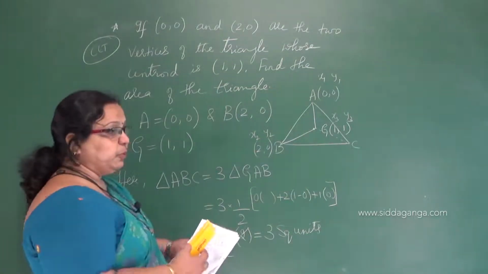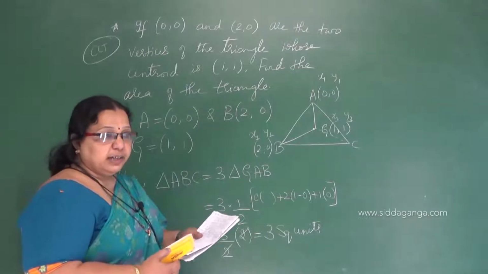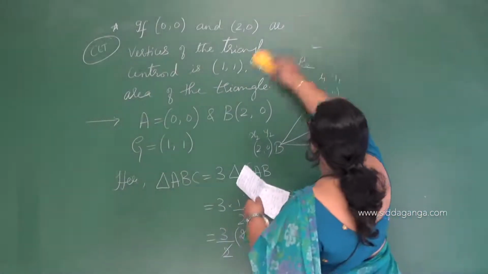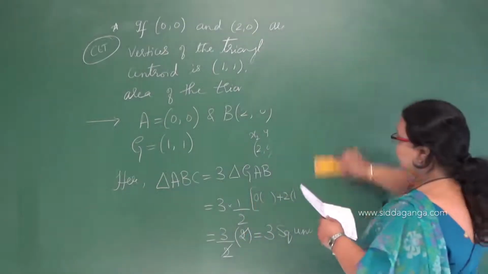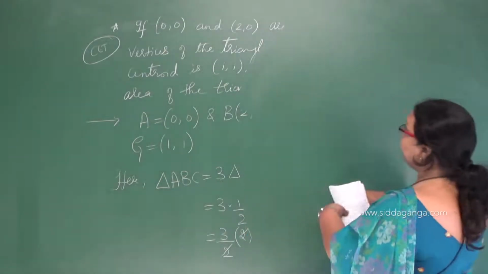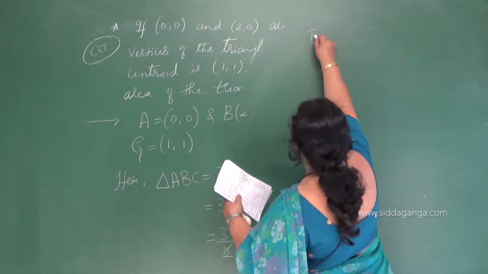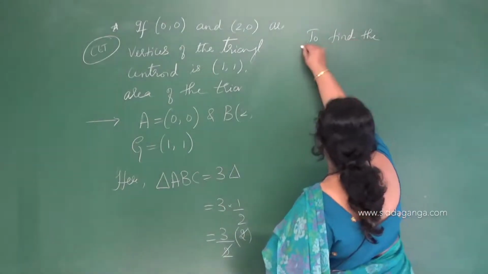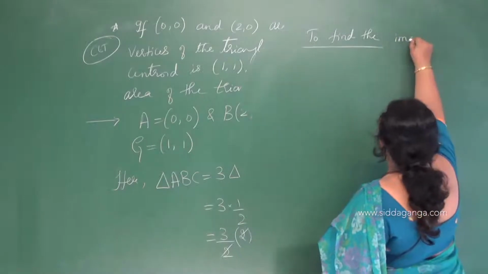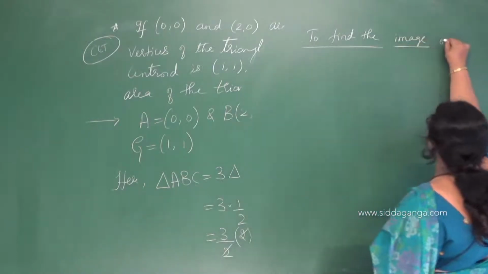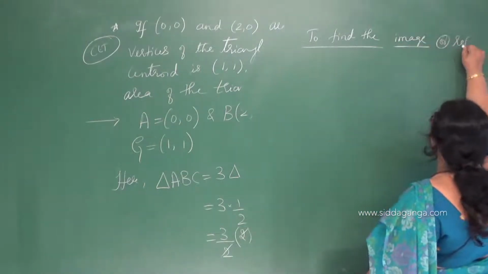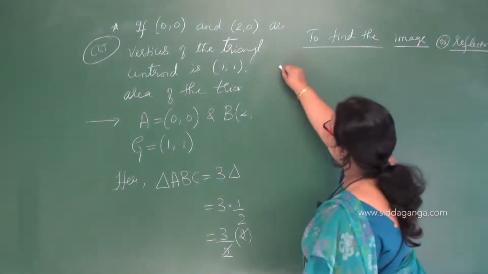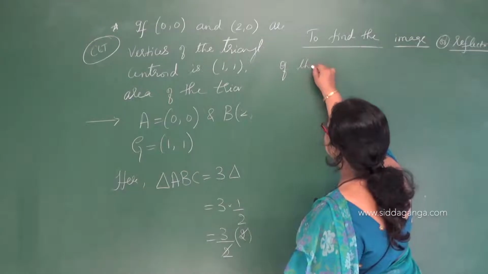So we have to know that, which is again used in the competitive part. That is to find the image. The next one is to find the image or reflection, both are the same, or reflection of the given point